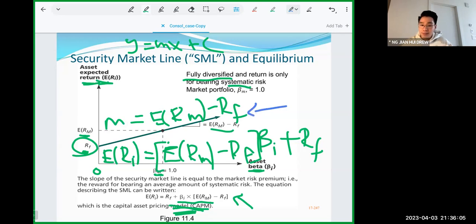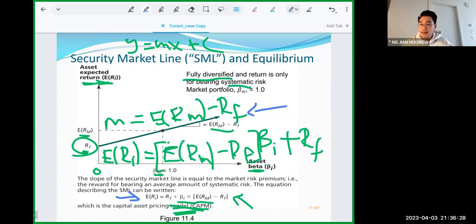So, for example, if you are calculating the expected returns using the SML line, using an undiversified portfolio means that you get one stock. This is actually incorrect. You cannot use the CAPM model to calculate, because when we formulated the CAPM model, we